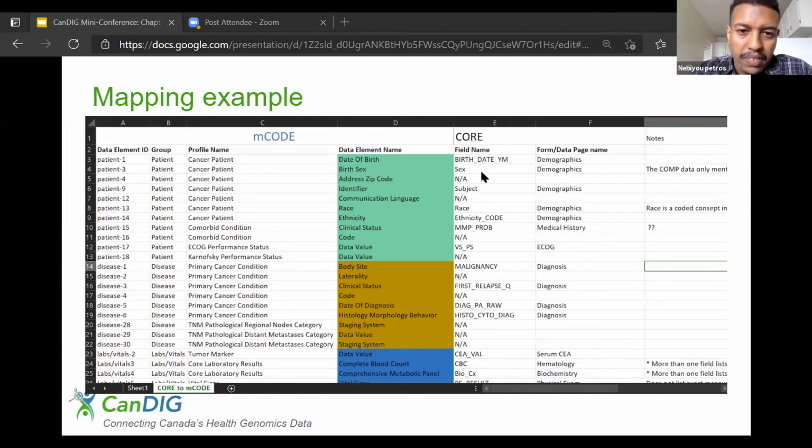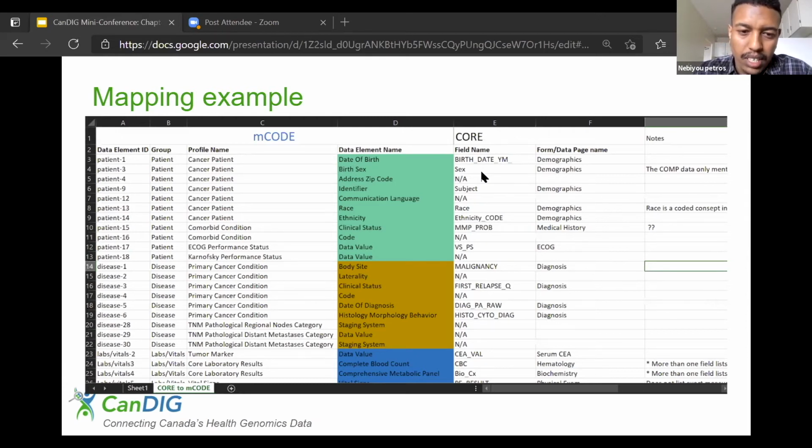So for example, in the previous slide, we saw that the data set contained cancer staging. However, if you see rows 20 to 22 here in brown color, the mapping indicates NA, which means not available. This is because, as discussed in the previous slide, mCODE uses the TNM staging system, while the dataset contains other staging systems not supported by mCODE. But cancer staging is important information in cancer research. However, in this particular diagnosis dataset, we will not have the staging data. This could be a